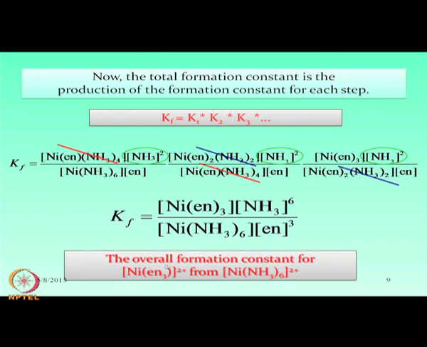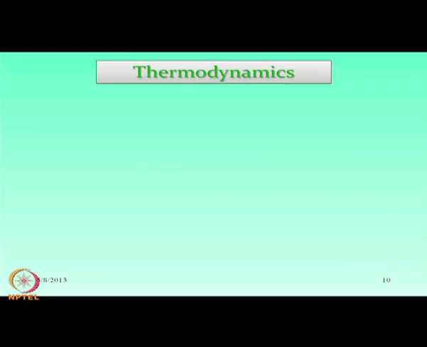So, the overall formation constant for Ni(en)3 2+ from Ni(NH3)6 2+ can be directly written like this K value, once we write the direct reaction of Ni(NH3)6 2+ with ethylene diamine in the presence of ammonia and the formation of the corresponding Ni(en)3 molecule. So, what are the thermodynamic roles for the formation of these species, that we will see from some thermodynamic comparison for the formation of these